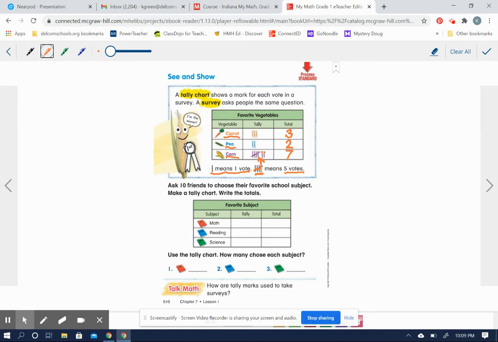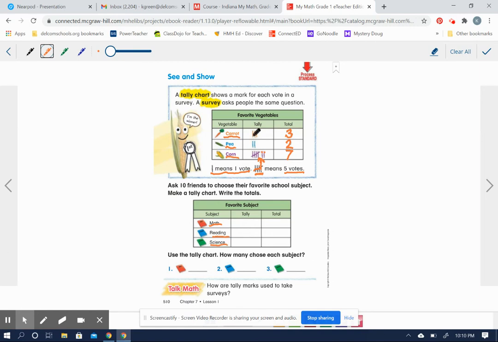Okay. And so this says ask 10 friends to choose their favorite school subject and make a tally chart. Well, if we were in class, this would be much easier to do because I could ask 10 kids, what is your favorite school subject? So we're just going to pretend that I asked 10 different people what their favorite subject is between math and reading